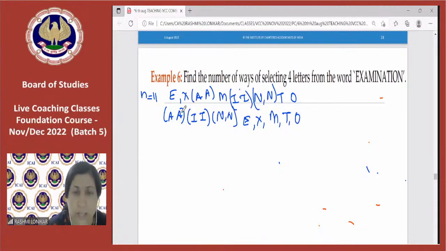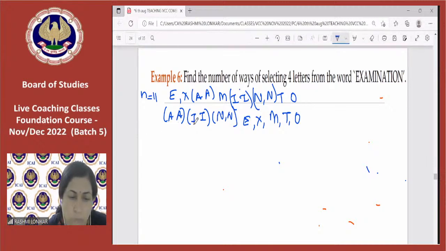I can see that A is repeated 2 times. I is repeated 2 times, N is repeated 2 times. So this is 2 plus 2, 4, 4 plus 2, 6. And then the remaining letters are not repeated. So E, X, M, T, O. So these are 5 letters and these are 6 letters. So I have how much? I have 11 letters. Okay. Now, first option is